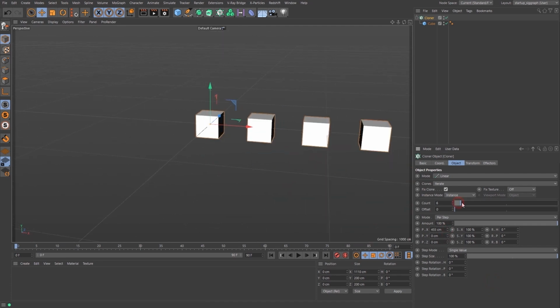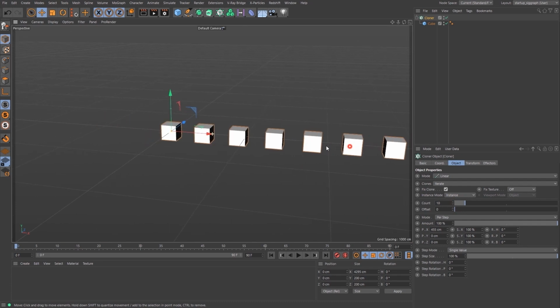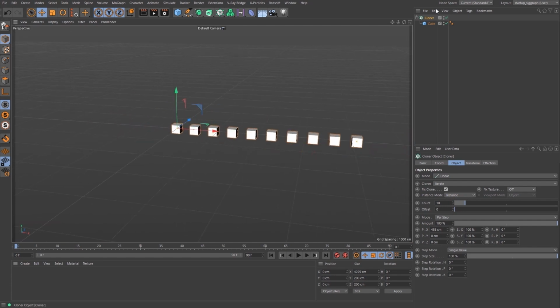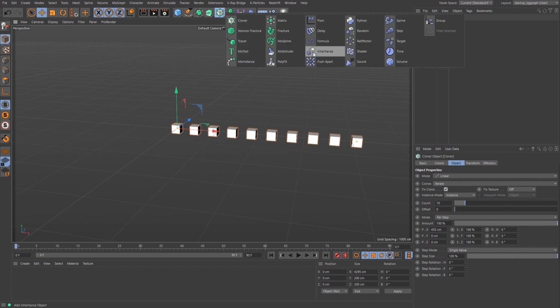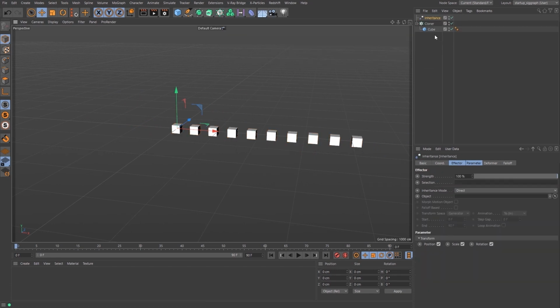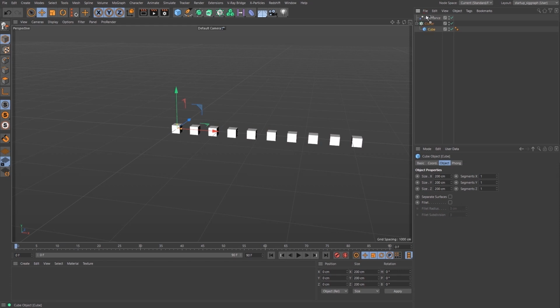I'm going to add some more clones, so we have a nice line here. I am then making sure the cloner is selected, add an inheritance effector. Then I'm just going to duplicate this cube and add some animation to this cube. So we're just going to have it move